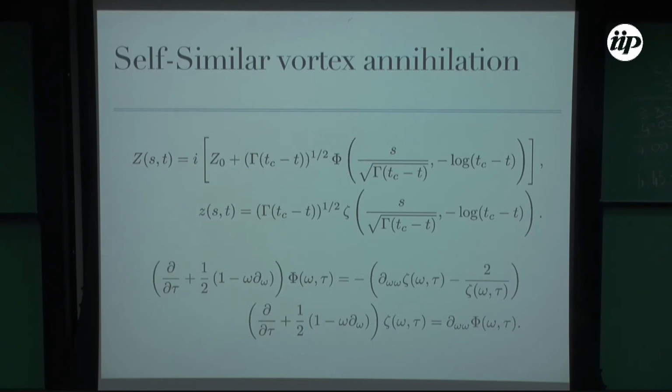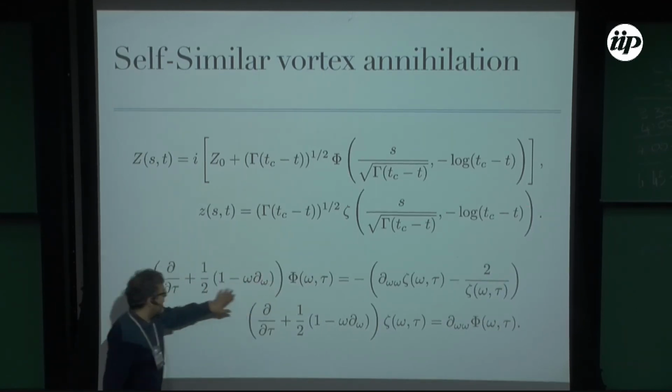Zeta is i times something, and the little zeta, which is the important one for our discussion, is the same behavior times two new functions that depend on the rescaled variable and a rescaled time. And this is a straightforward calculation, it allows you to eliminate the time. Still, you have this tau variable, which corresponds to this log, and you obtain